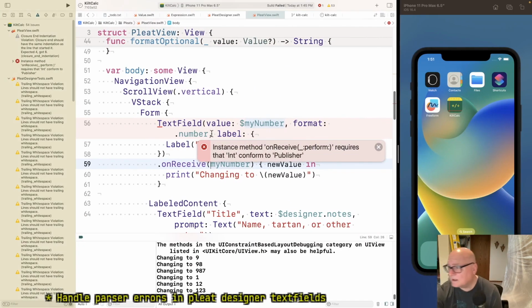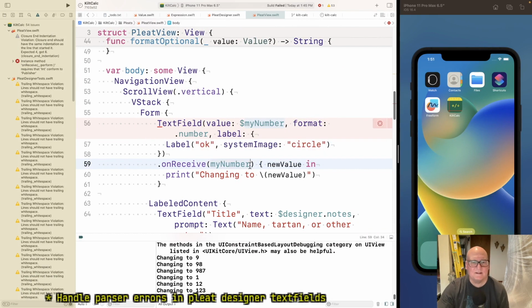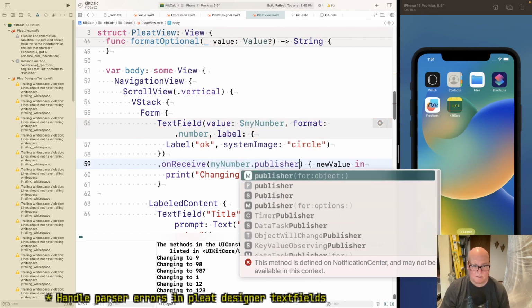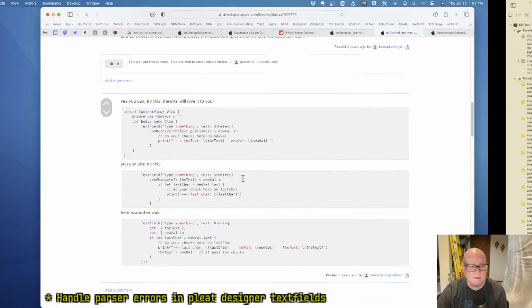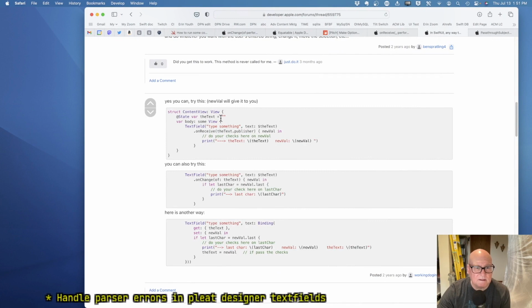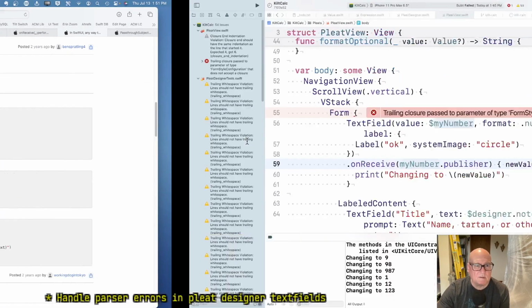I see what you're saying now. Okay. So my number dot publisher may not be available. At state var the text dot publisher.